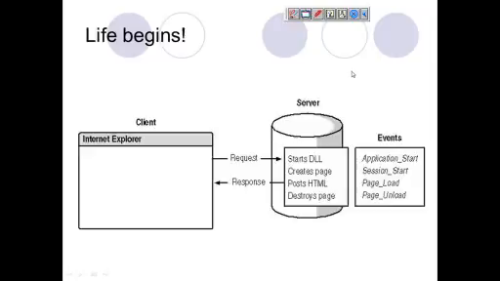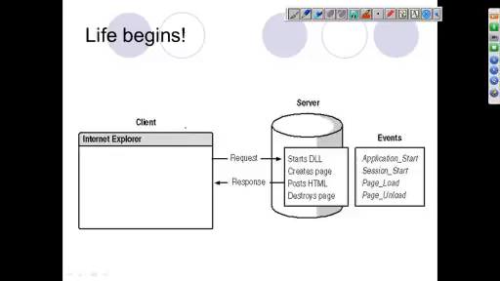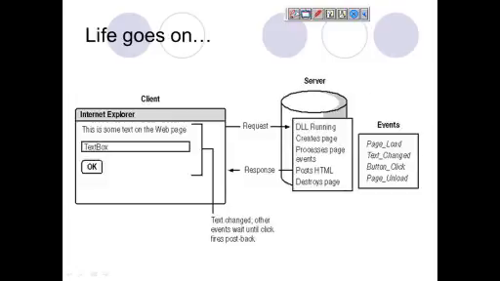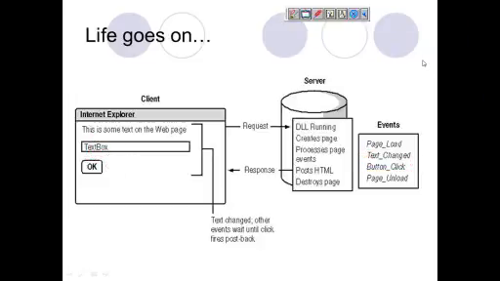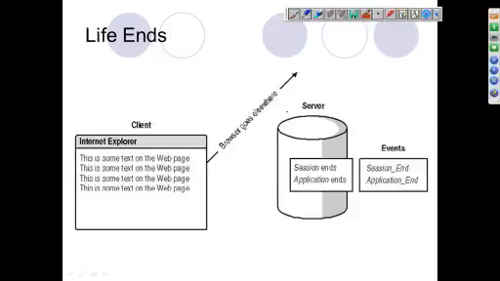So this is just the explanation, more explanation with a diagram of the same thing. Life beginning is: start the DLL, application start, session start, request page, page load, and page unload. Got the response, unload the page. Okay, life is going on. The client is working with the application, doing something on the forms, then sending a request to the server. So there are more events, control-specific events, when life is going on. And when life is ending, this was the end user. It also started pointing somewhere else or no longer pointing to the application. So session ends, then application end.